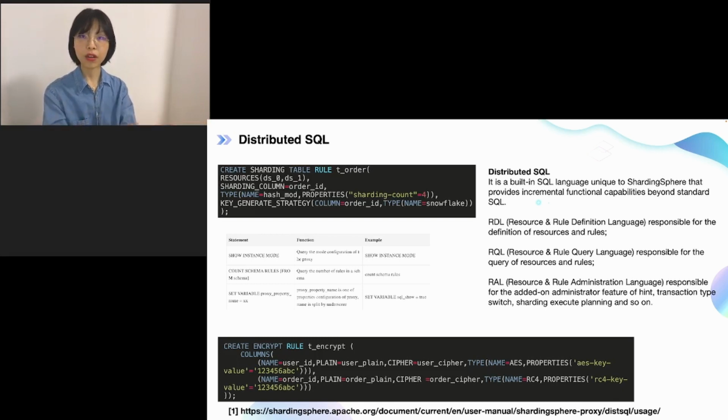So same here, because you upgrade your PostgreSQL instance to become a distributed instance, you leverage Apache Sharding Sphere to upgrade it. That means you need to use the Sharding Sphere SQL dialect or SQL-like statements to help you with this distributed database,